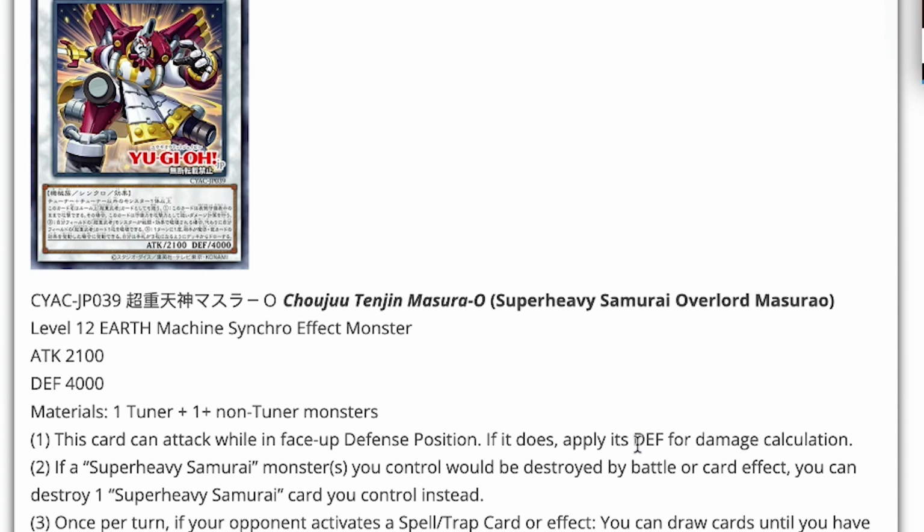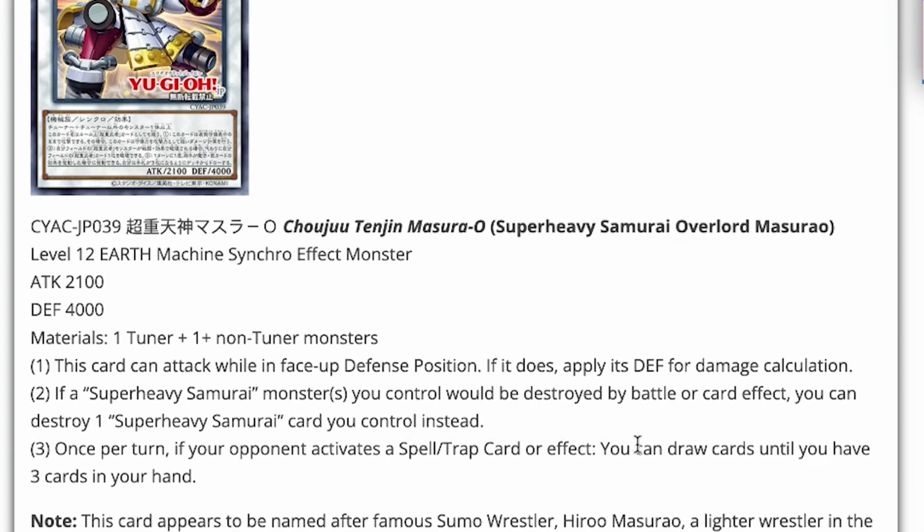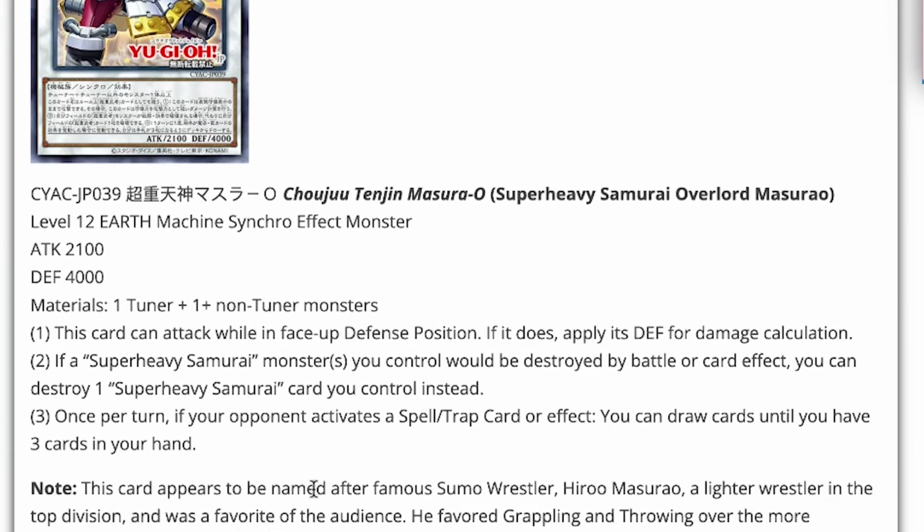If a Super Heavy Samurai monster or monsters you control would be destroyed by battle or card effect, you can destroy one Super Heavy Samurai card you control instead. Once per turn, if your opponent activates a spell or trap card or an effect, you get to draw cards until you have 3 in your hand. What? Note, this card appears to be named after famous sumo wrestler